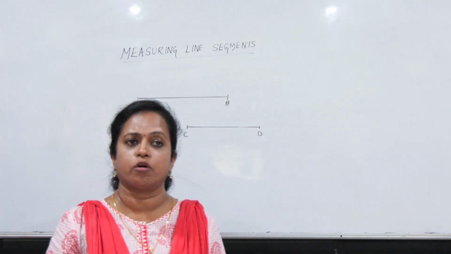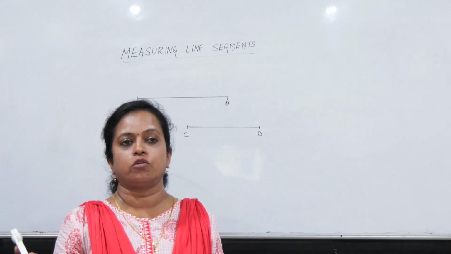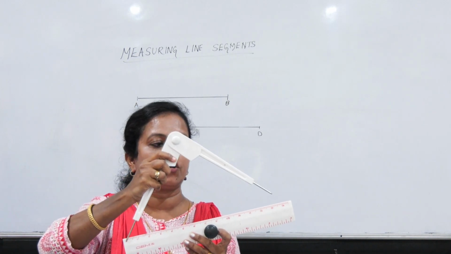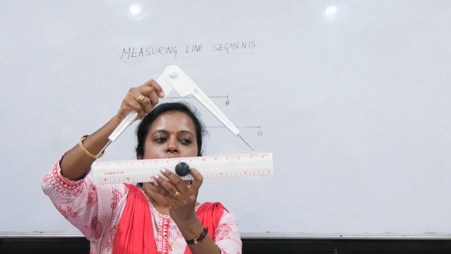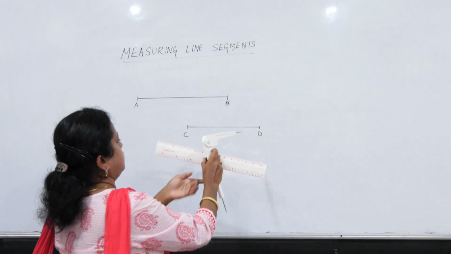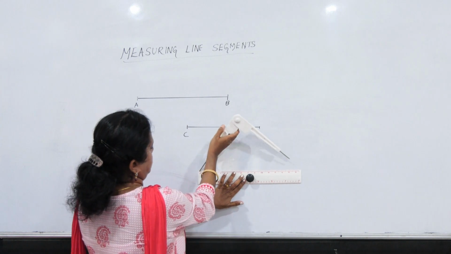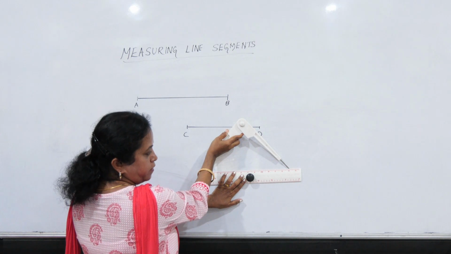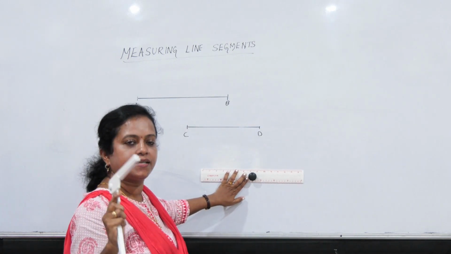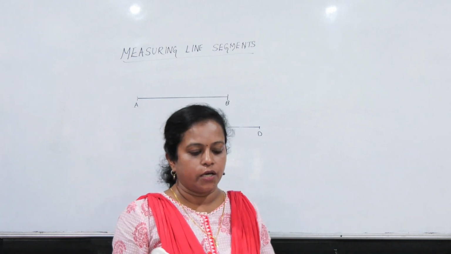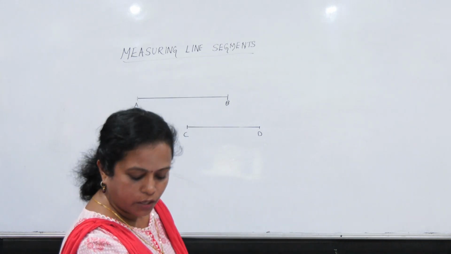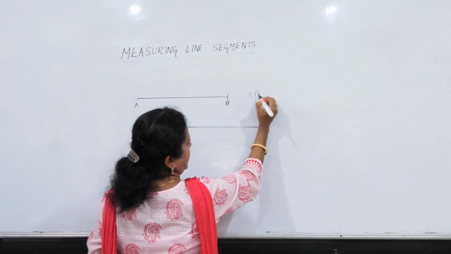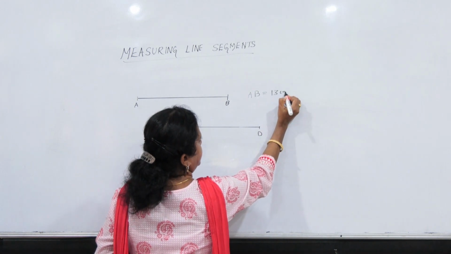Now, I will place it on my ruler. And when you place it on the ruler, you have to place one end starting from 0 and the other end will correctly show your measurement. And because it is a pointed end, the chances of errors will be less. Now after using the ruler and divider, you can write the measurement of the first line segment. For example, the measurement of the first line segment AB must have been 13 centimeter.